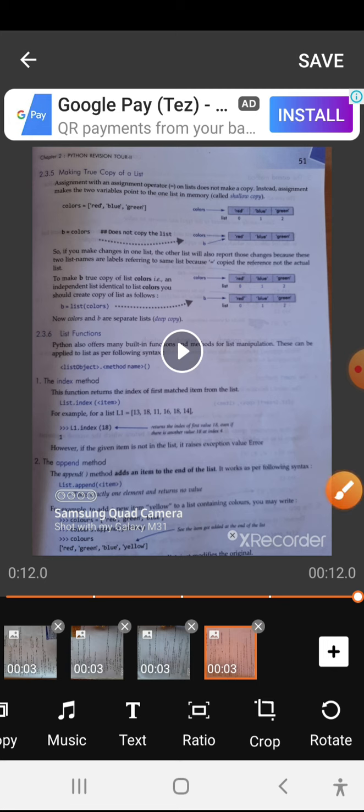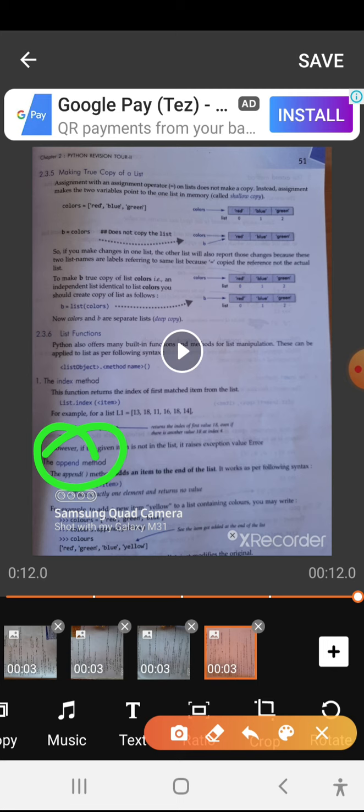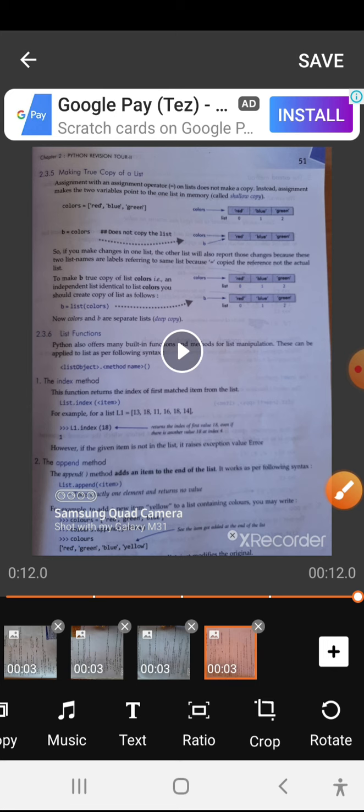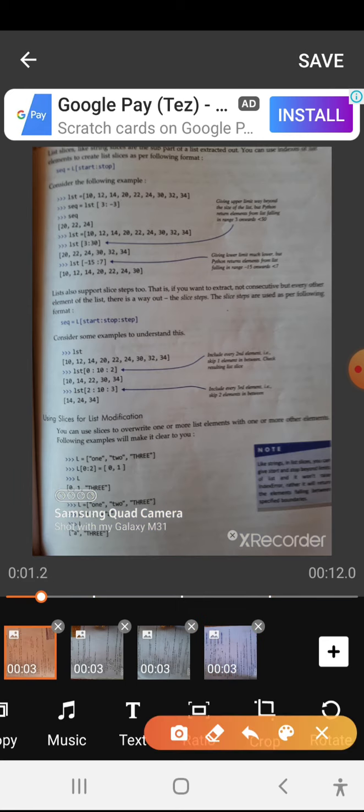The next one is the append method. What do we have to do? With the append method, we add an item to the end of the list. Previously we added a new value at an index position, but here we are using a method to add items at the end.